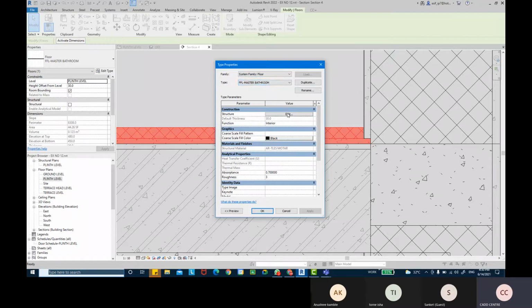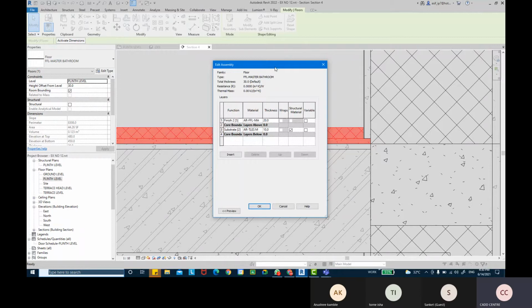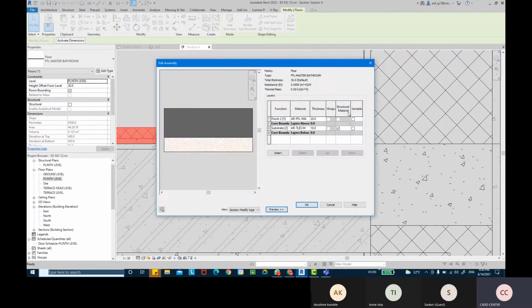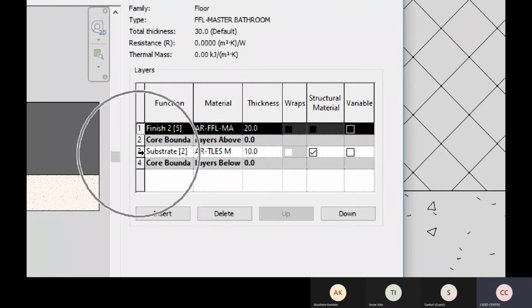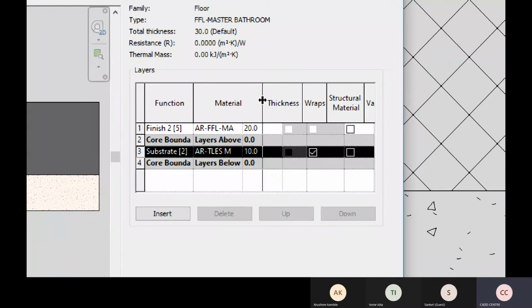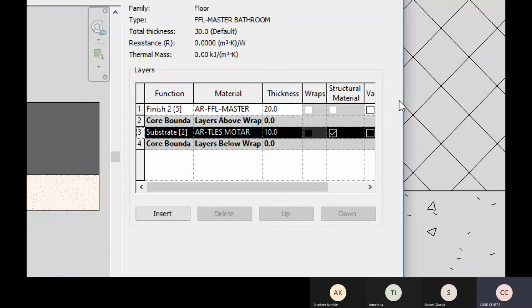We'll just go into structure edit, and when you go into structure edit you will find an option at the end which says variable. Okay, now you have two options over here to do variables. The first one is our finished tile, and the second layer is our mortar. So you can see the material name also appearing.